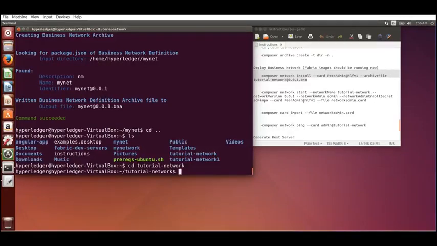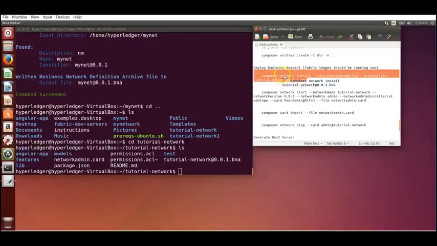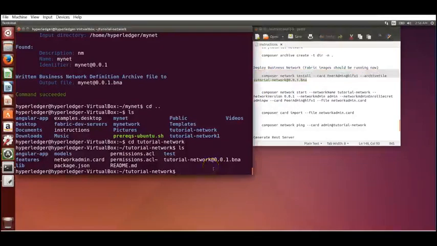In this network, I've already created, as you will see, the business network archive, and I'm going to use that to install on the Fabric that we deployed.